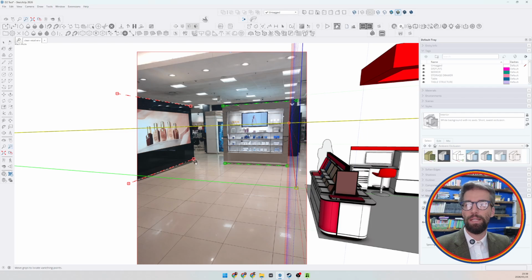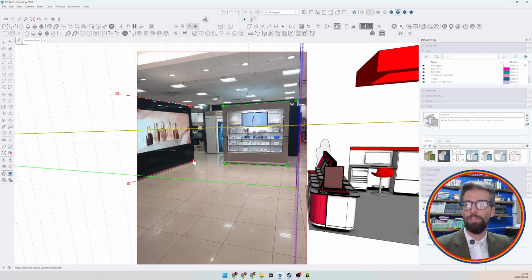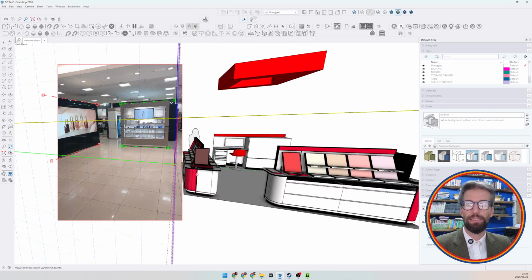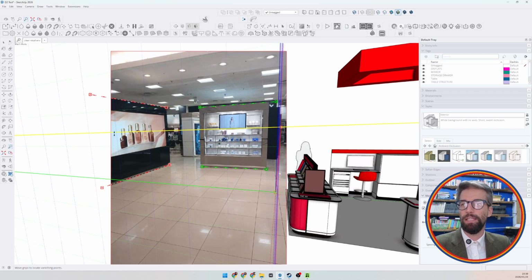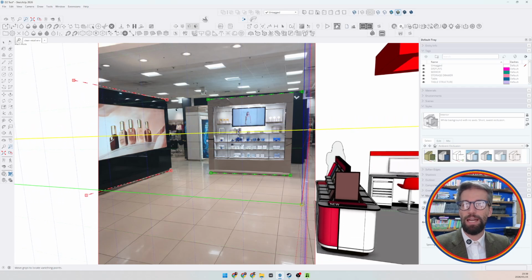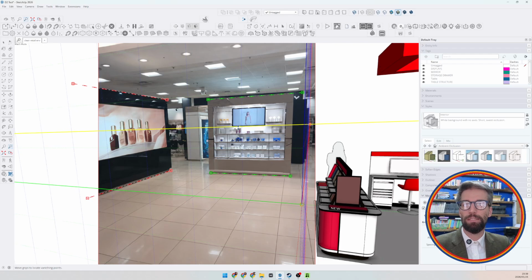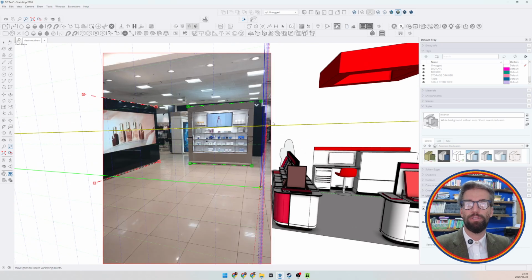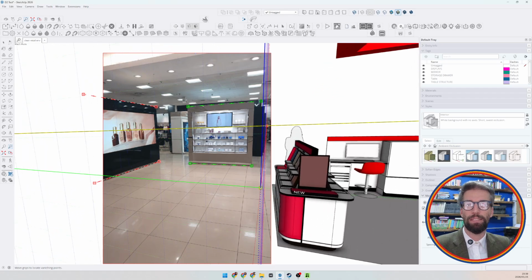Okay, so now our nodes are showing us our perspective lines, and I do get the sense that what we have in front of us here is aligned. Our specific eye height level, we won't alter that, but it is an indication of the photographic horizon line. And if we hover over the vertical axis, the blue axis, we can zoom in and out. So you can see how this scales the